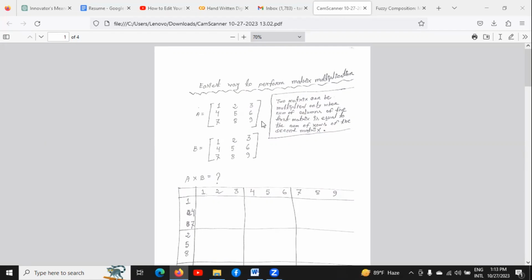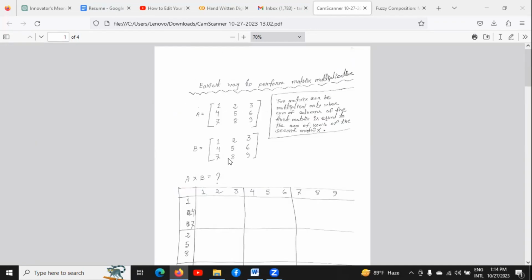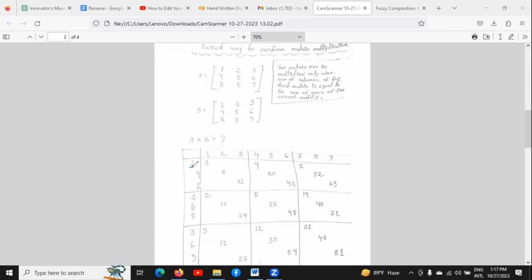As you can see, A is a matrix and B is another matrix. We will do matrix multiplication of them. To do matrix multiplication of them, we have to make a chart like this. In this chart, we have written rows of the first matrix one after another and columns of the second matrix one after another. We will fill this chart by multiplying these two numbers, then these two numbers, then these two